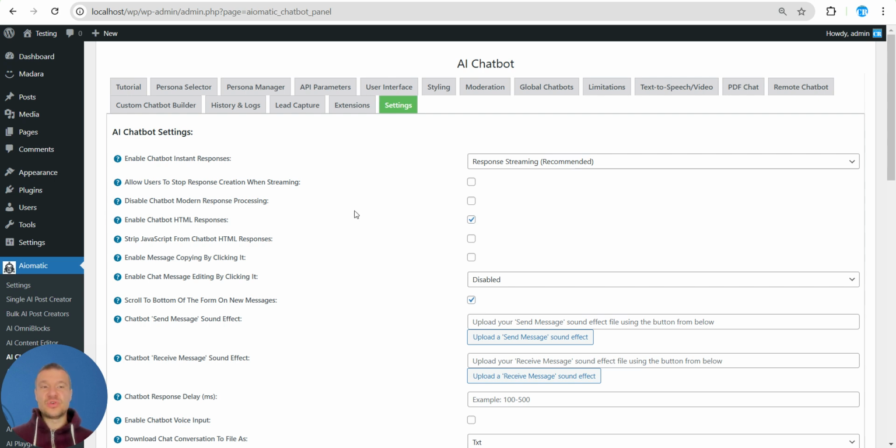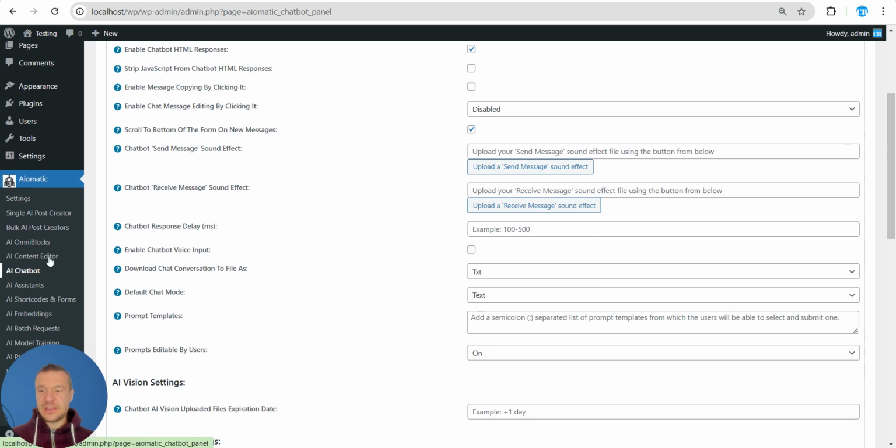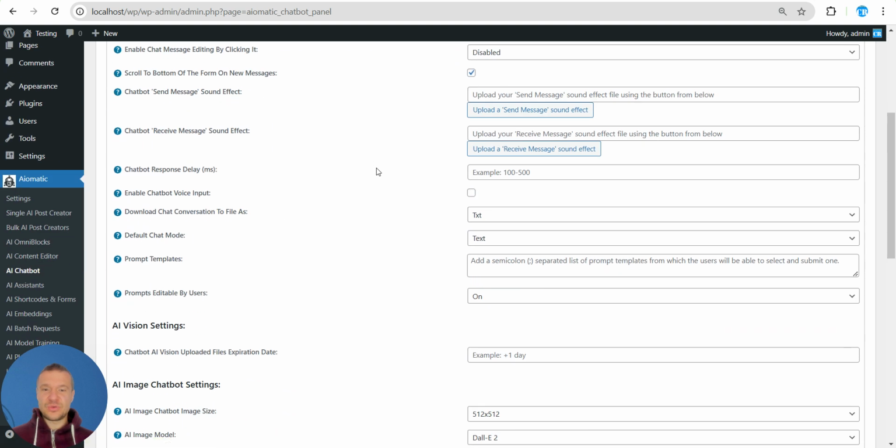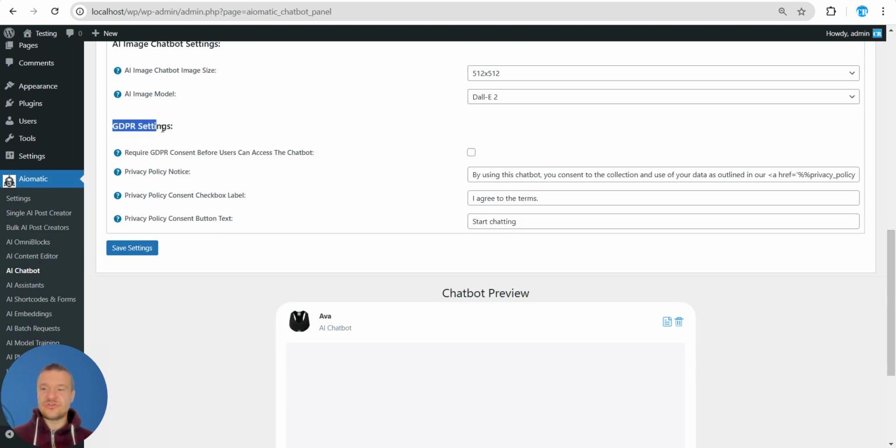Be sure to activate the latest update of the plugin and go to settings. In the AI chatbot menu, go to settings tab, scroll down until you see GDPR settings, and to enable the GDPR functionality, check this checkbox. Also edit these messages and the button text, also the consent checkbox label, and the button text can be start chatting, for example. The label can be I agree to the terms, and the privacy notice,